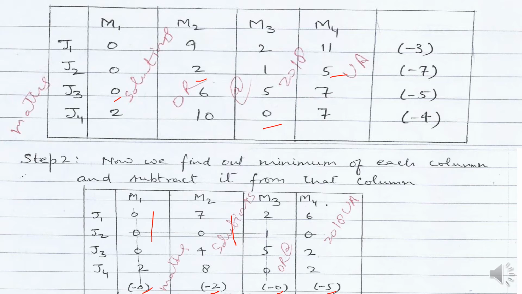Now I go to the J3 job and I see there is only a single 0, in the M1 column, which is already assigned to J1, so I cannot do that. So J3 cannot be assigned to any machine according to this. And J4 has one 0 here in M3, so I can assign J4 to M3. Now J2 can be assigned to M2 or M4 in this step, but J3 still has not got any machine. So I have to do some further calculations, and for that we move to the next step.